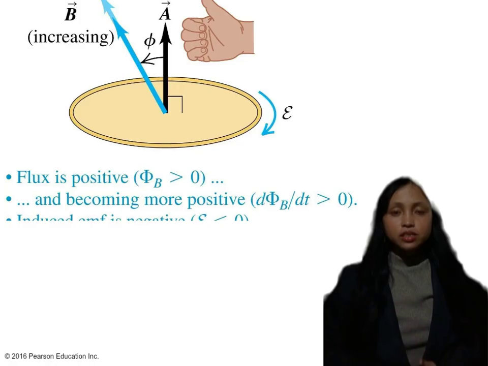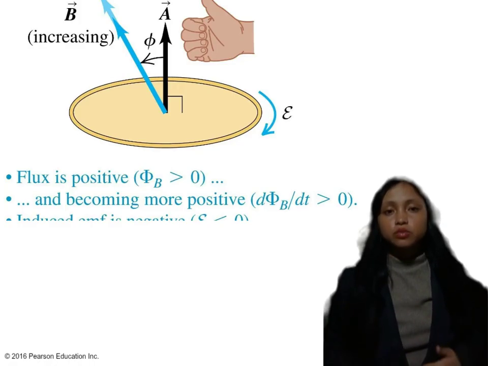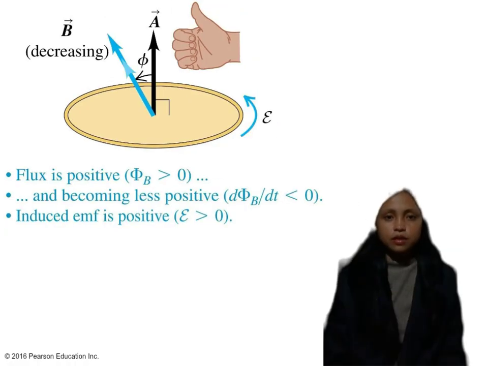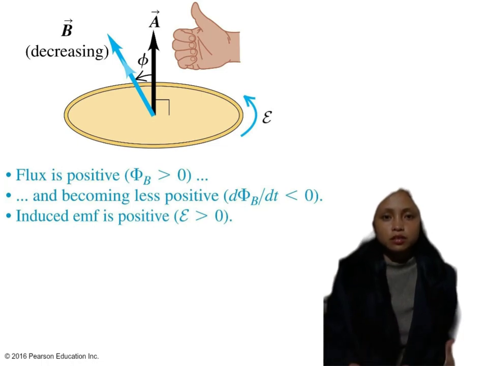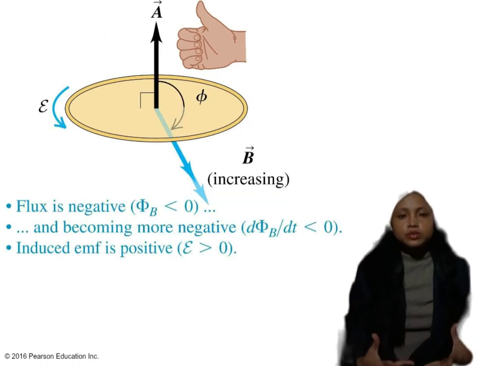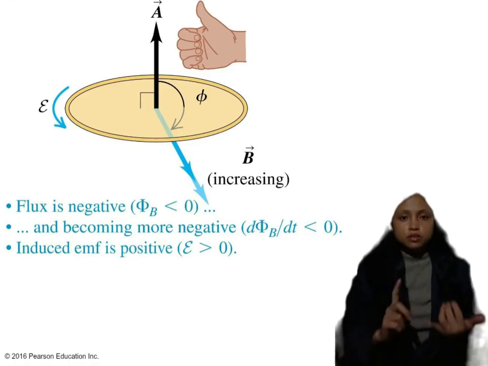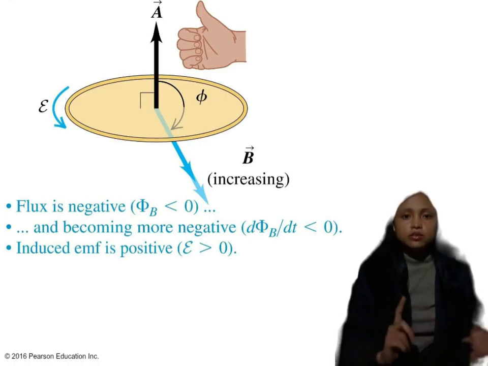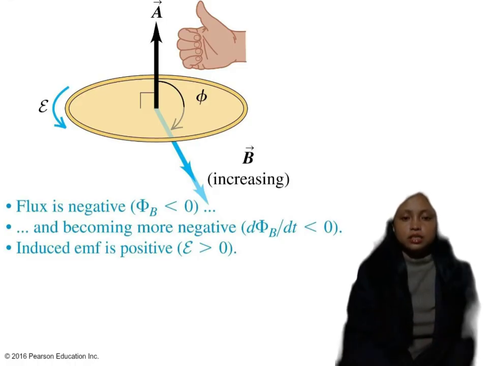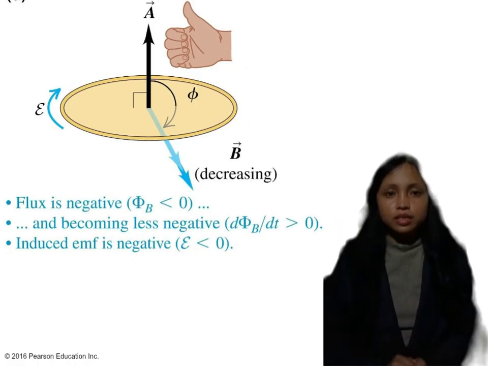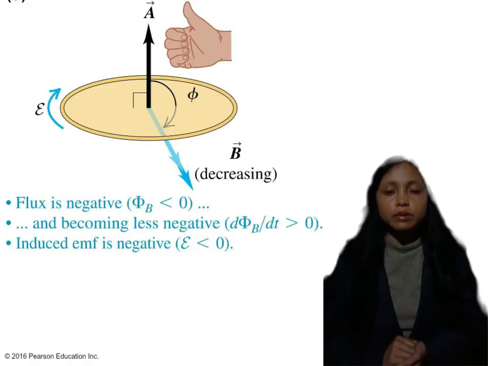To determine the direction, we must first identify whether the magnetic flux is increasing or decreasing. As we can see, the induced current produces its own magnetic field, and this induced field always opposes the change in flux. We can use the right-hand rule to connect the direction of the magnetic field and the direction of induced current. This step-by-step reasoning prevents common mistakes in direction problems.